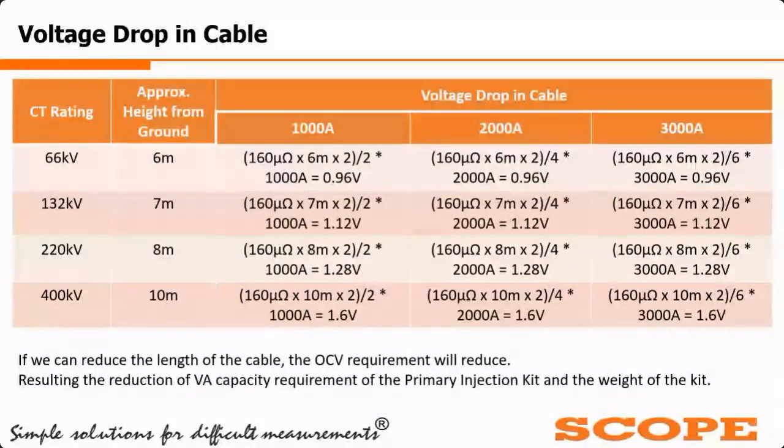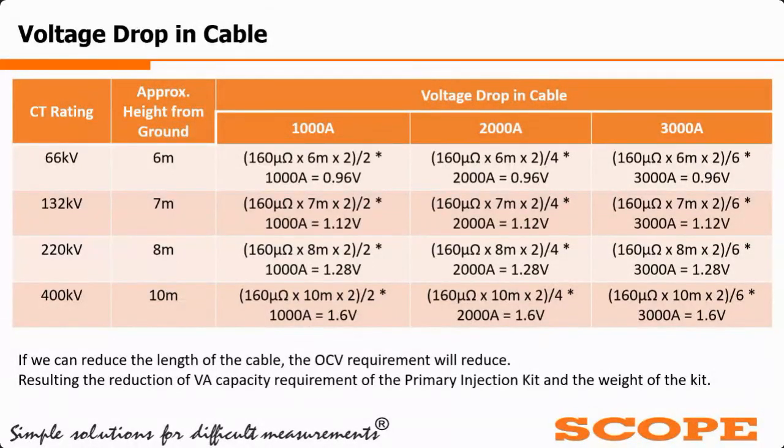Then, voltage drop in a cable. What is voltage drop? Whenever we are manufacturing a primary injection test kit, it is an important part that whenever we are dealing with 1000 ampere current, in that case we have to consider the voltage drop of that cable. So whenever we are going for the design of copper cable, the voltage drop should be as low as possible. That point we need to consider.